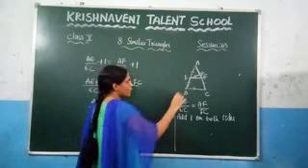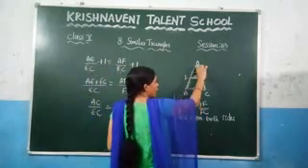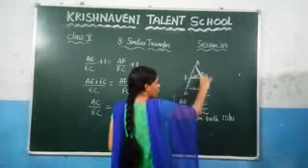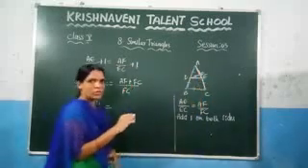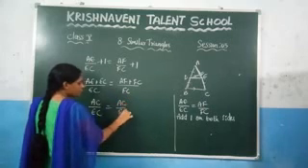Let us see this triangle. This is AF and this is FC. And if you add AF plus FC, you will get the total length which is AC. So in place of that one, write here AC by FC.